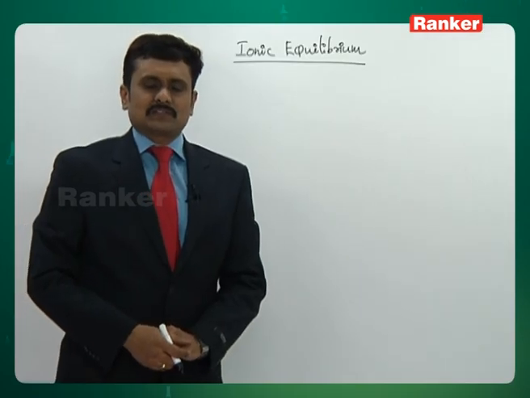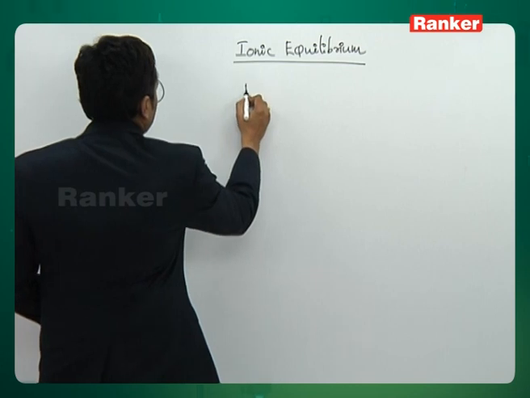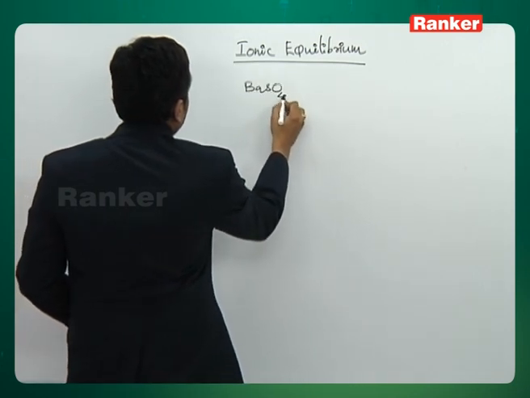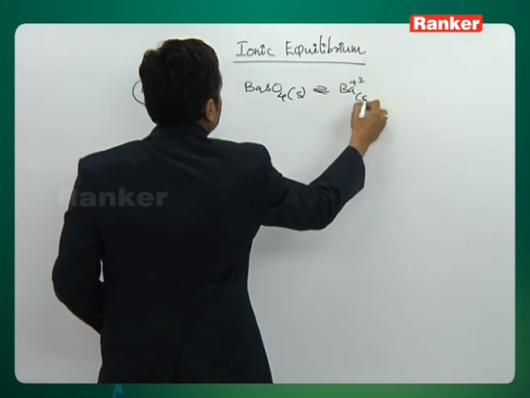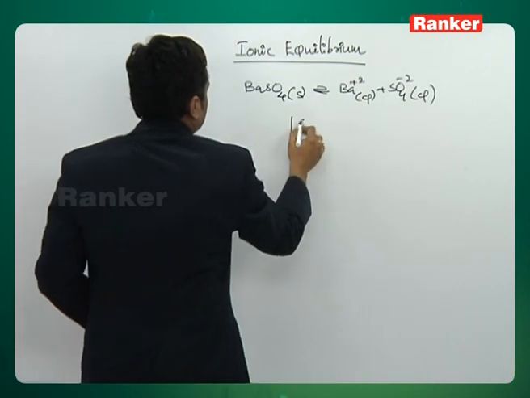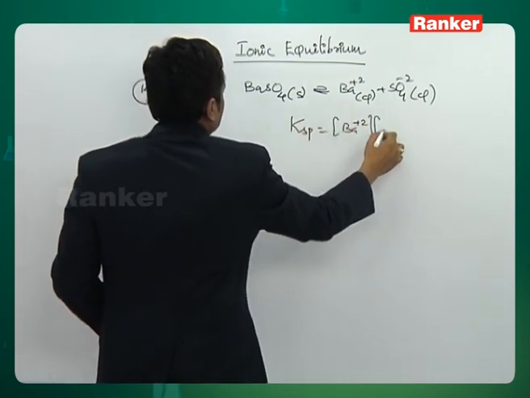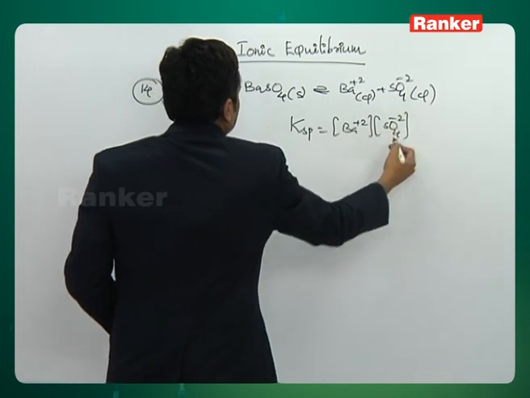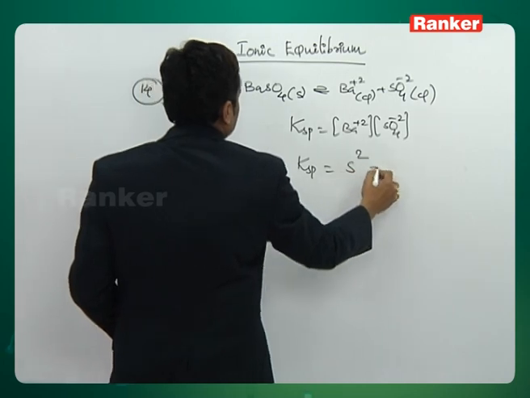Solubility product of barium sulfate is 1.5 into 10 to the power minus 9 at 18 degrees. Its solubility in water is asked. So we know that barium sulfate is going to dissociate as barium plus 2 and sulfate ion. So when I am writing KSP, or when I assume that the solubility of this salt is S, you are going to get S square as